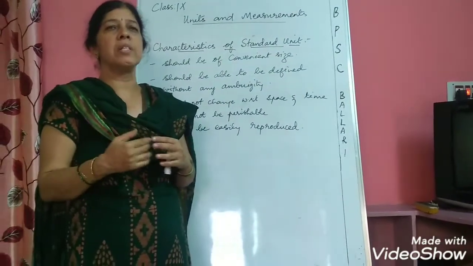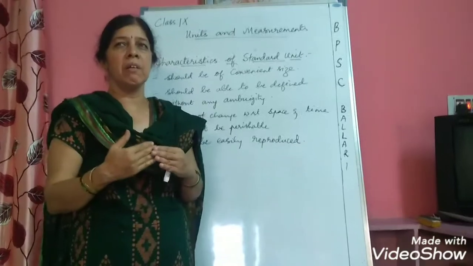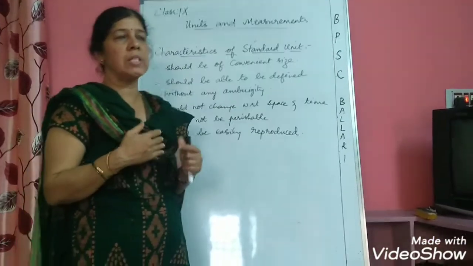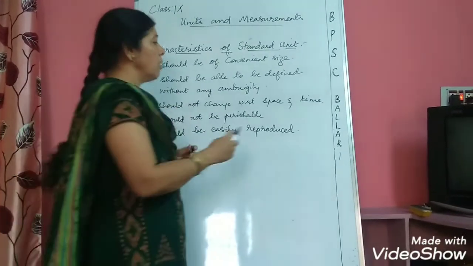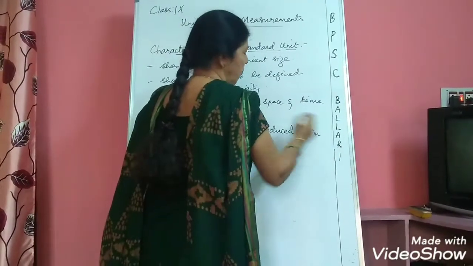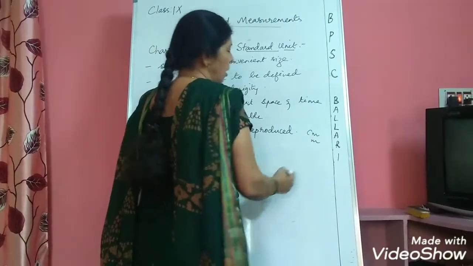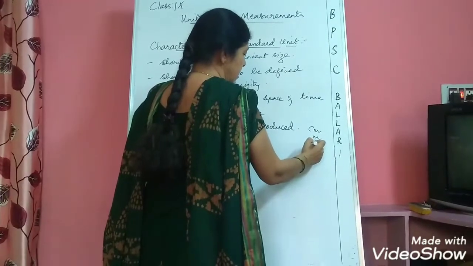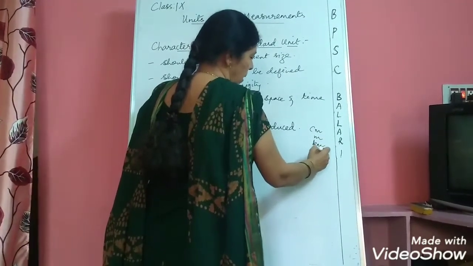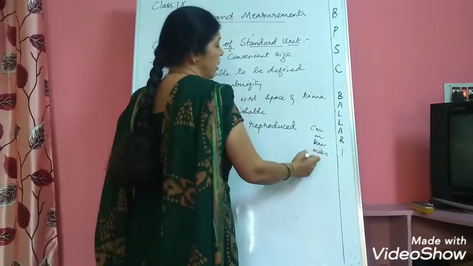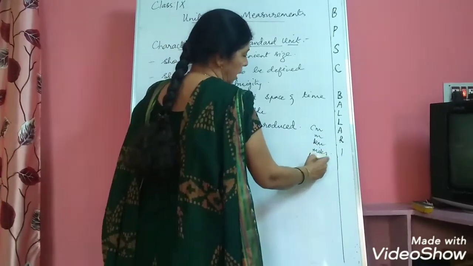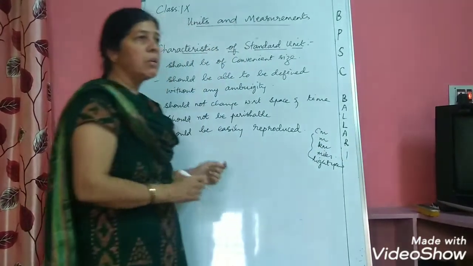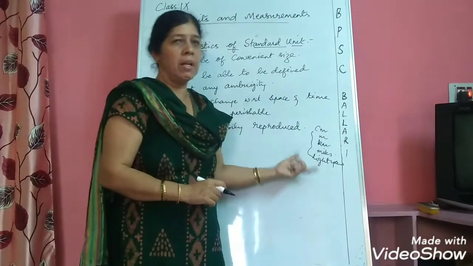Now, there are various units. In our daily life, we can measure these physical quantities by using various types of units. For example, if you want to measure length, you can use centimeter, you can use meter, then for longer lengths, that is distances, in terms of kilometers or miles. Still longer distances you can measure like light year. Like this, there are various units which can be used to measure length.